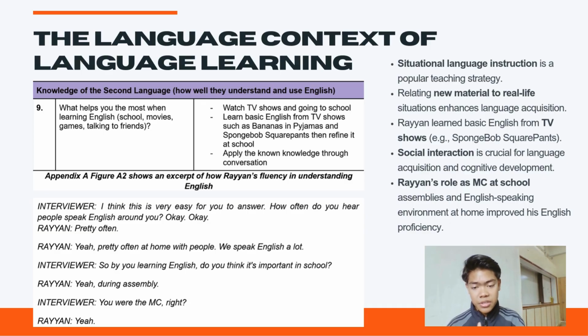So, by relating new material to existing knowledge with authentic context, the creation of authentic scenarios improves second language acquisition. Also, social interaction is essential for language acquisition and other aspects of cognitive development. For example, the ZPD, or zone of proximal development, emphasizes how crucial it is to scaffold language learning with the help of more experienced peers or adults. As you can also see on the left side of the slide, it is a dialogue between me and him where